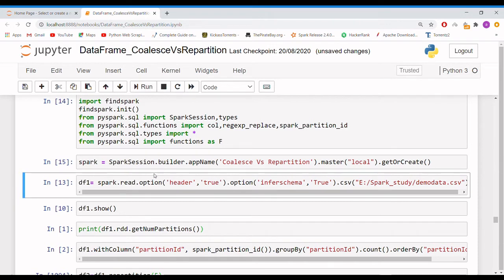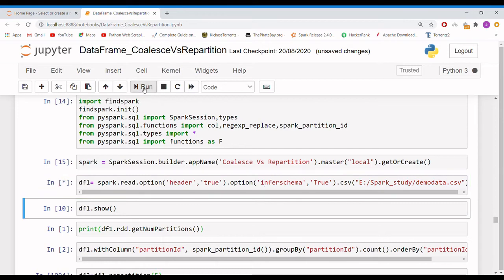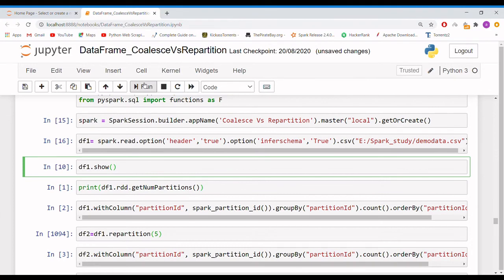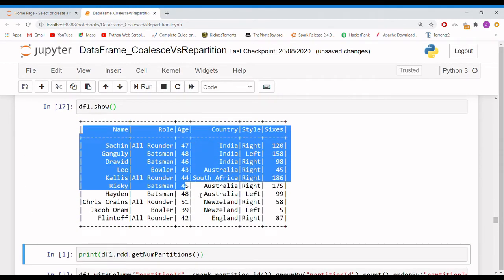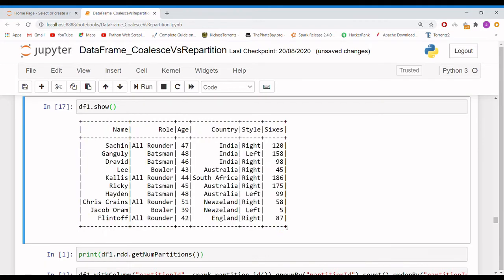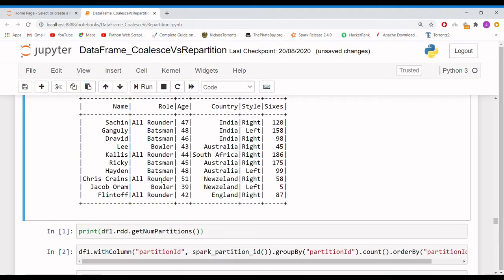The Spark session is created. I am creating a data frame df1 from a CSV file which is stored in this particular location. I have data in it, so I'll show the data as well. In order to see the data, we apply the show operation. Now this is the data which we have in our data frame df1. You can see there are 10 records in this data frame.